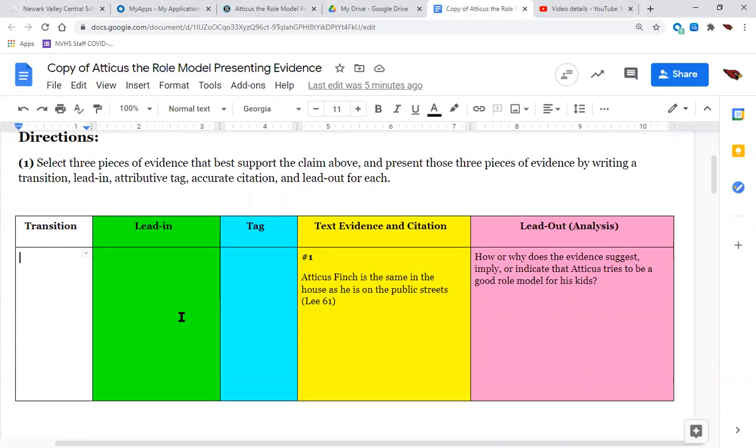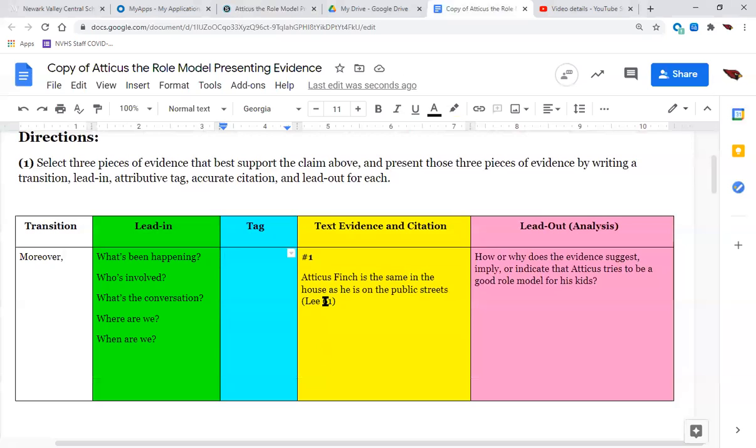And what's going to end up happening is once you have selected 3 pieces of text evidence, obviously each needs a transition. If this were an actual piece of writing, you might have to make some different decisions about the transition. The lead-in offers some context, like what's been happening in the context of this yellow stuff, and essentially, you know, what's been happening, who's involved, what's the conversation, if there's a conversation going on, where are we, when are we? So put the yellow stuff in context, particularly who's involved, what's been happening,